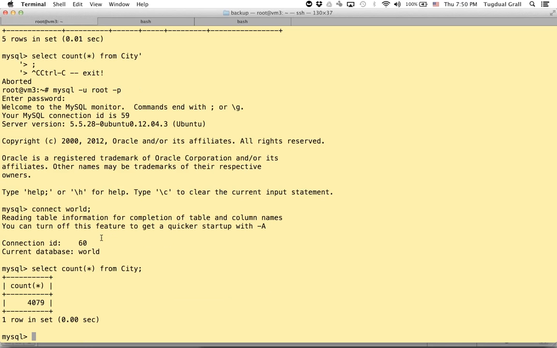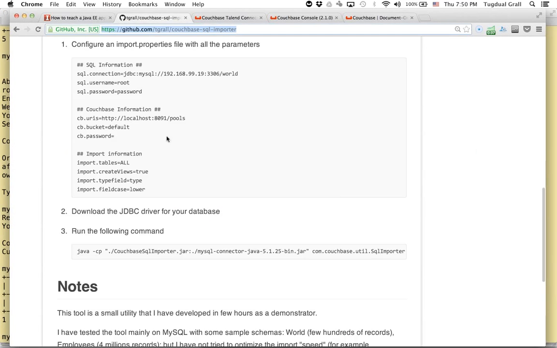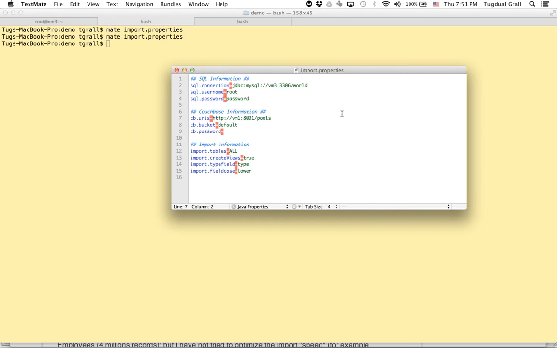How can I migrate the data from one database to another? I have created a small tool in Java that allows you to do that from a command line. I will start with this approach, just to show you a very simple way of doing it. I use a property file to define what I want to do: connect to this MySQL instance, connect to my cluster in Couchbase, which I will show you in a minute, and select which table I want to import. I can also create some views to analyze the data automatically, for example indexes on keys or type of documents.